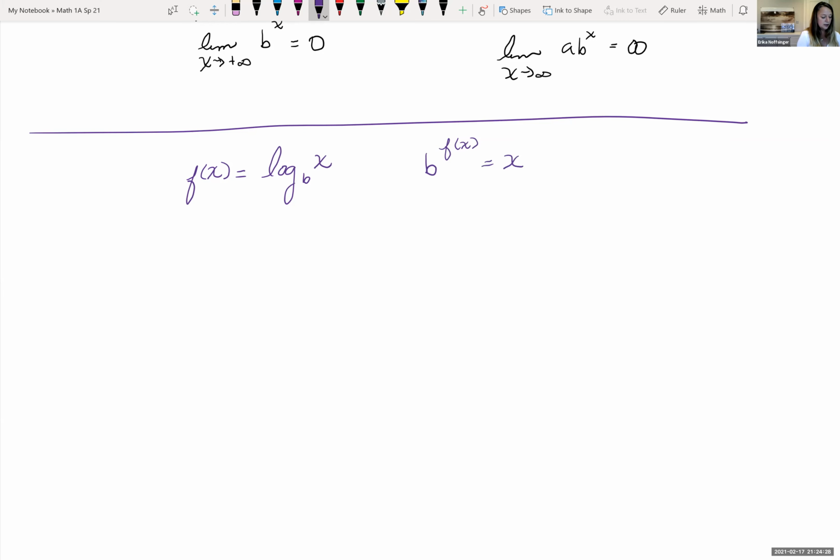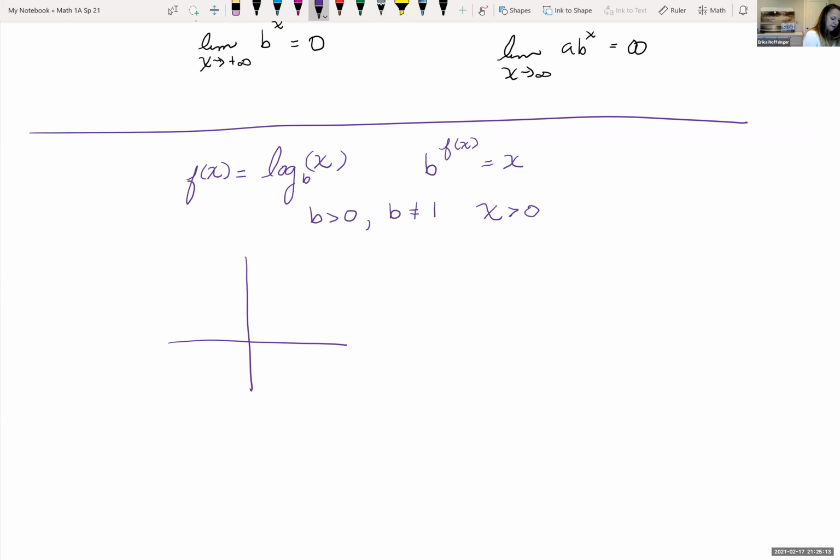So, a couple of rules for our log functions. Our base has to be positive and it cannot be 1. We also have some rules on our domain. The argument of the log, whatever it is, has to be bigger than 0. And looking at this, it depends on whether the base is between 0 and 1,